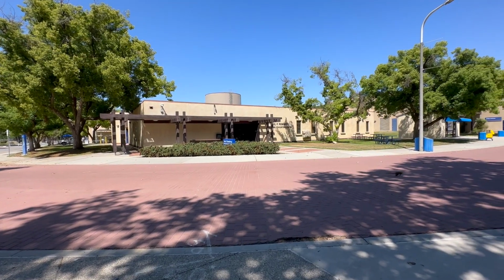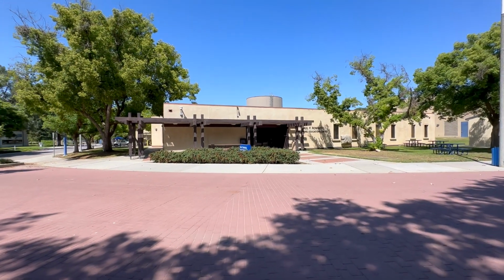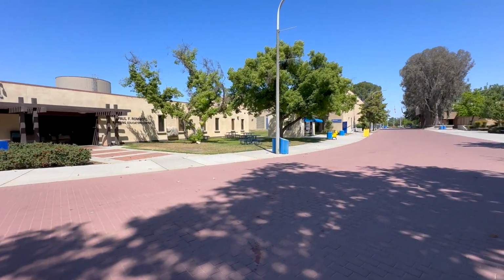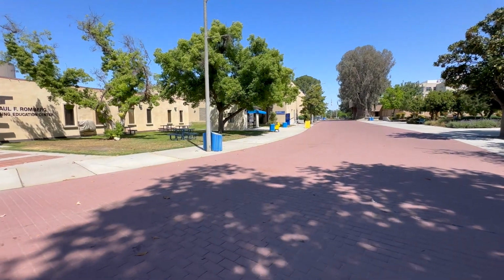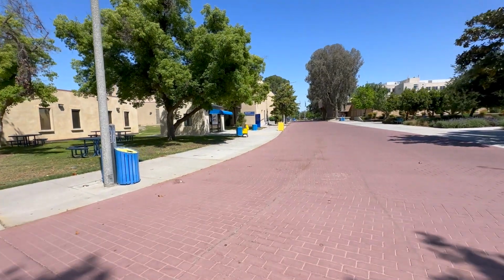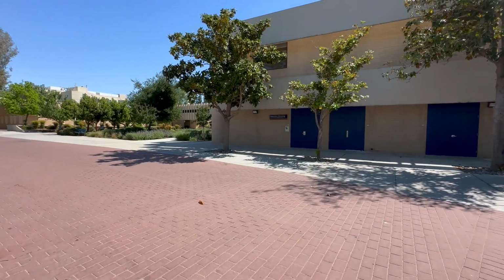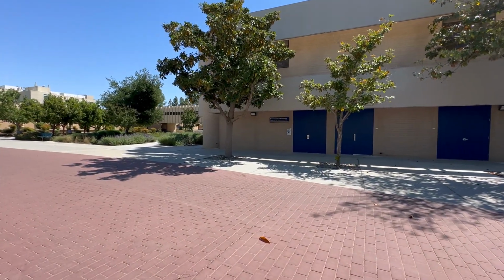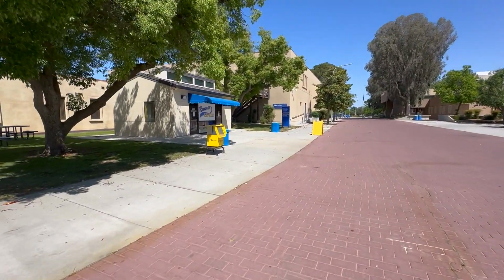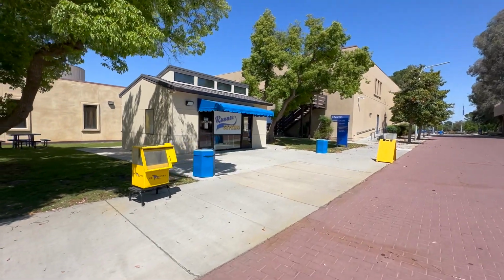And once again, we're over here by the nursing center and the education center. It's Paul F. Romberg. And let's continue walking this side because I didn't walk this side. We went through the library area. And let's see what they have here. And over here to this side, we have the Department of Kinesiology. So you also have the Runner Express here to the side,